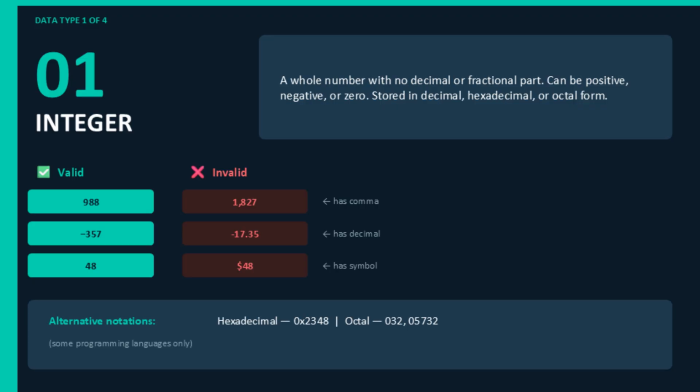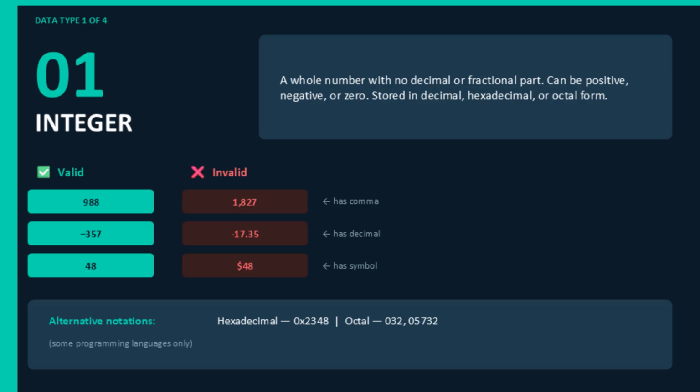Next, I will explain the integer data type. An integer is a whole number that does not contain any decimal point or fractional part. In other words, it represents complete numbers only. Integers can be positive numbers, negative numbers, or even zero. They are one of the most common data types used in programming. For example, the numbers 988, minus 357, and 48 are all valid integers because they are complete numbers without any